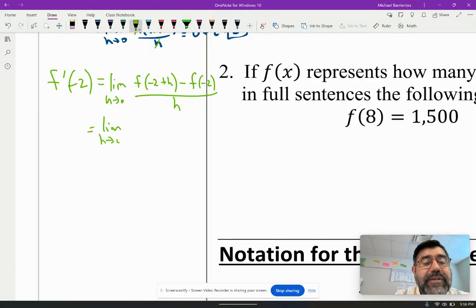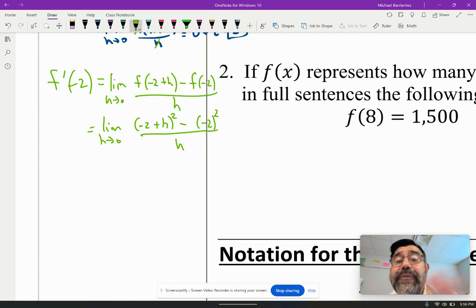The limit as h approaches 0 of negative 2 plus h squared minus negative 2 squared. Now, why am I squaring? Because that's the function that we're using. If we were using a different function, well, then I would use that formula to figure things out, right? Keep going. The limit as h approaches 0